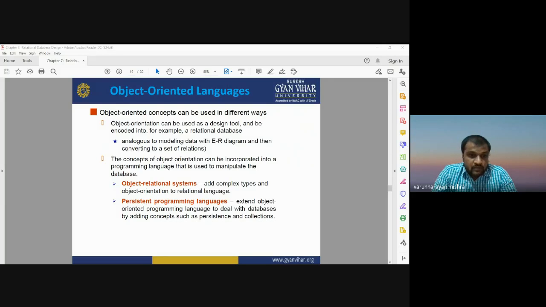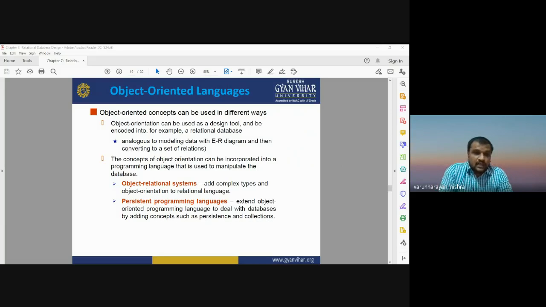Object-oriented languages work the same way in which we model data with an ER diagram that is converted to a set of relations. The concepts of object orientation can be incorporated into programming languages that are used to manipulate the database, as object relational systems and persistent programming languages.